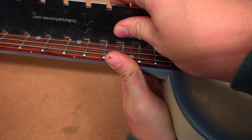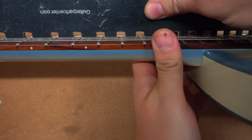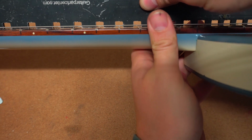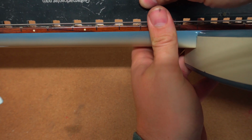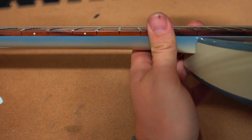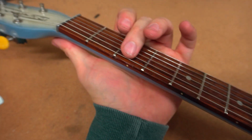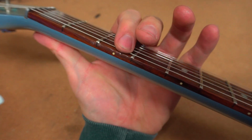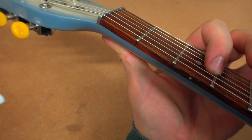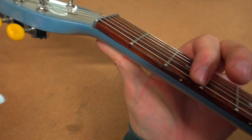So we look with our notched straight edge. We can see that the neck is basically super straight. There's just a tiny bit of relief in the neck. If you see that little tiny line between the notched straight edge and the fingerboard, that means our truss rod is set nice and tight. And then over here by the 3rd fret, you can see that the strings are just resting very nicely against that 1st fret. So that means our truss rod is quite straight and our nut is cut quite nicely,